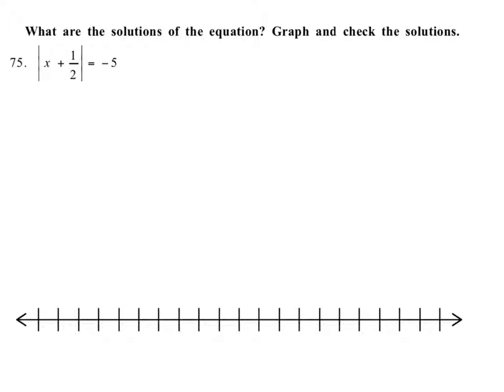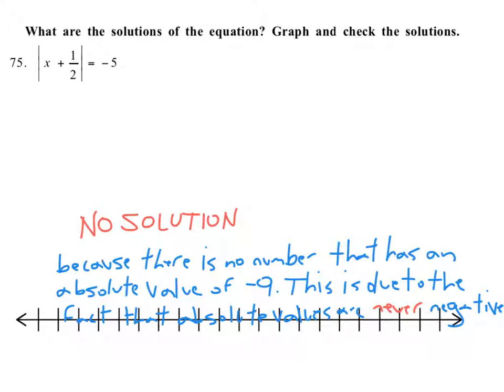Okay, so check it out. We are down to just the absolute value part, right? Nothing happening outside of these bars on the left-hand side of the equals. Just absolute value. And what do we do when we take the absolute value of this amount? We get a negative number. What do we know about it? Can absolute values equal a negative number? No, they can't. So we say